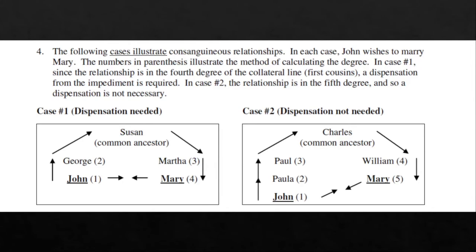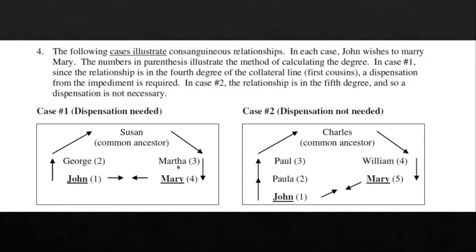Someone who is in the cousin category. This is an example from an application through the Catholic Church to ask for an exception to marry, and they give two examples to show how someone is related. For this kind of circumstance, when it comes to approval for marriage in this religious setting, you cannot be any closer than fourth degree. You need to be in the fifth degree before you would be allowed to marry.